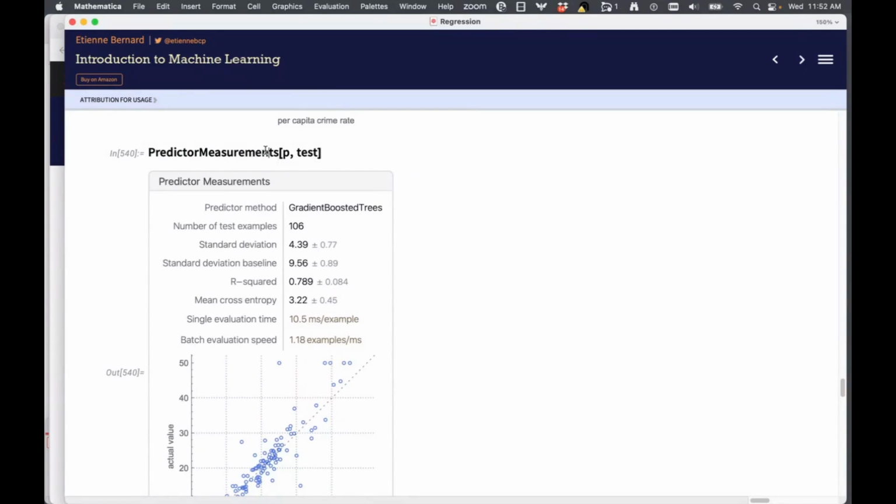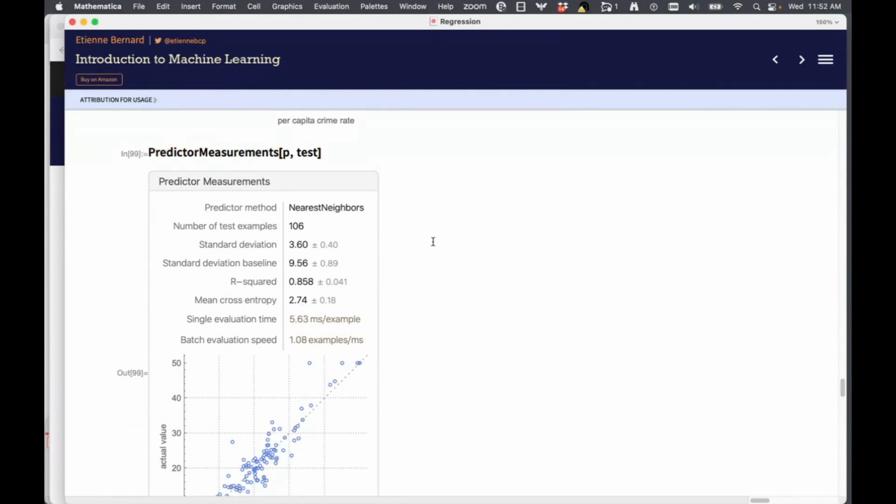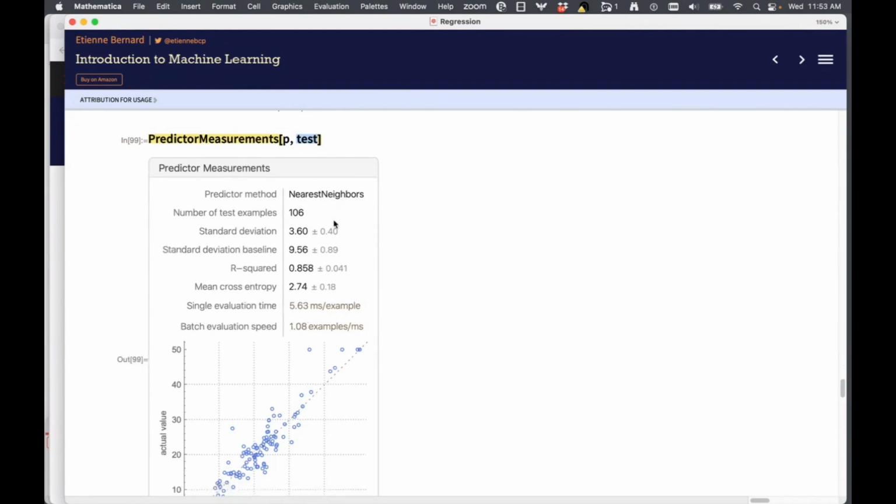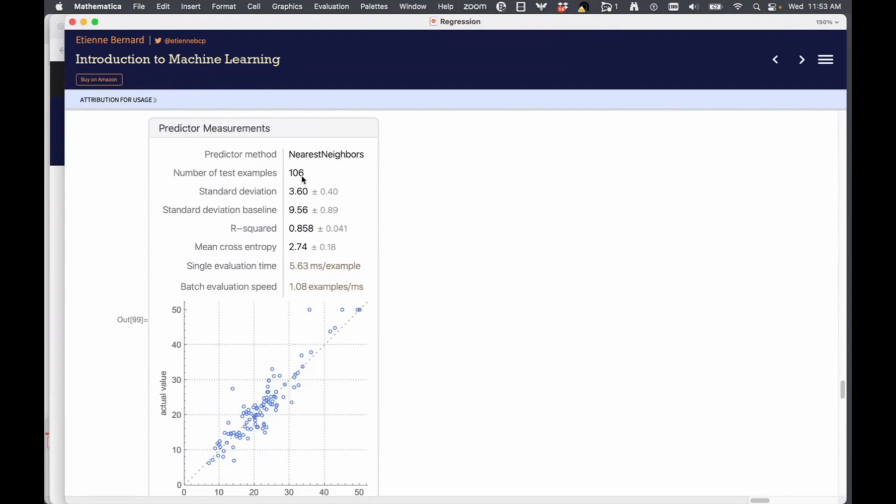So let's go ahead and try to measure the performance of our default classifier, which was using nearest neighbors. I'm going to go ahead and run predictor measurements. To run predictor measurements, of course, you need a test set because you want to compare the predicted values against the original values. And we can see here we used 106 samples for testing, and this was the standard deviation or the root mean square error.